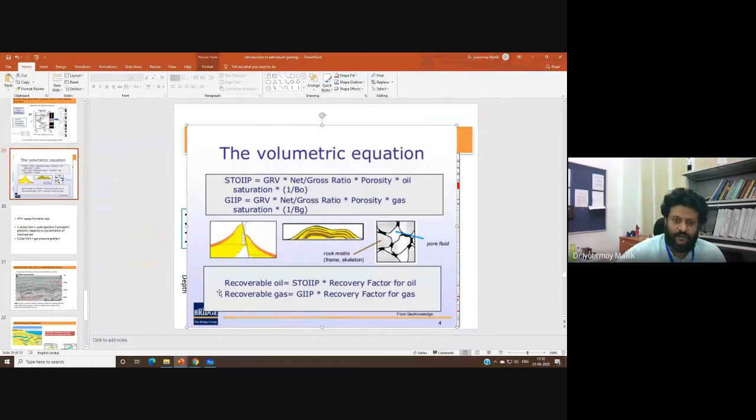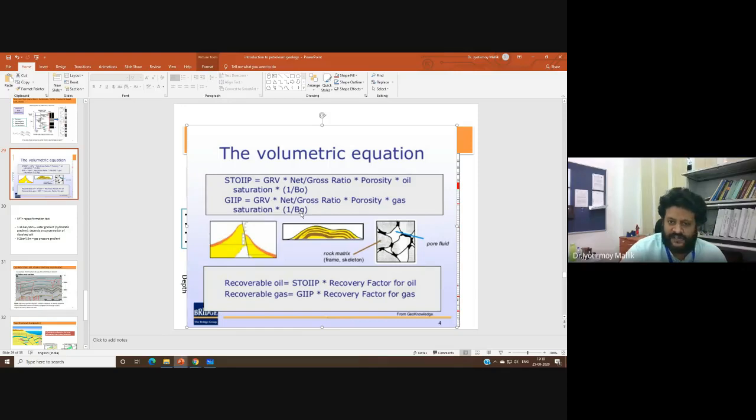Now, that is not of any economic use, right? We need to understand when the gas comes out to the surface, what sort of volume it will take, right? And that volume is essential to calculate. That volume is something that we will use. We are not so much interested in the compressed volume. Hence, we must actually use this gas expansion factor.